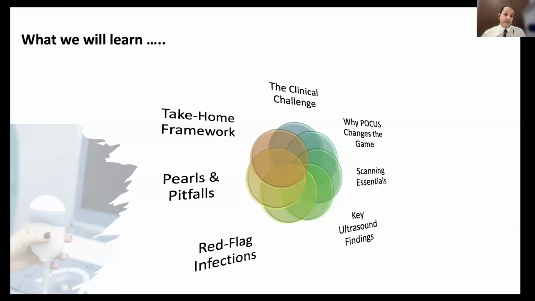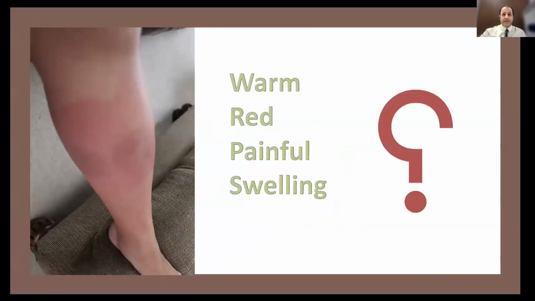If you find red flags, it means a more critical, more serious case, and we need to be more invasive in the treatment of such cases. We will also cover the pitfalls to consider in point-of-care ultrasound. Finally, we will sum up our discussion on how we can approach a soft tissue infection in the emergency room or in an ambulatory setting. So this discussion is not just for the emergency room. Every clinician can use it in an ambulatory setting, critical care, maybe the ICU or the emergency room.